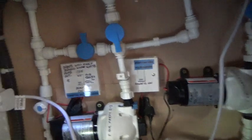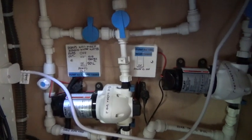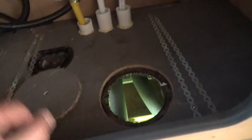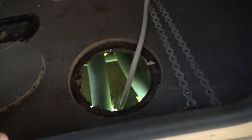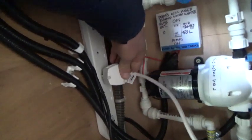In this same area as well is all your electrics. It's all professionally wired in, and if I had access to an external power source, I can lift up this little hole in the floor, and I can then take my power lead and I can pop that through the hole in the floor. At the moment, the power lead